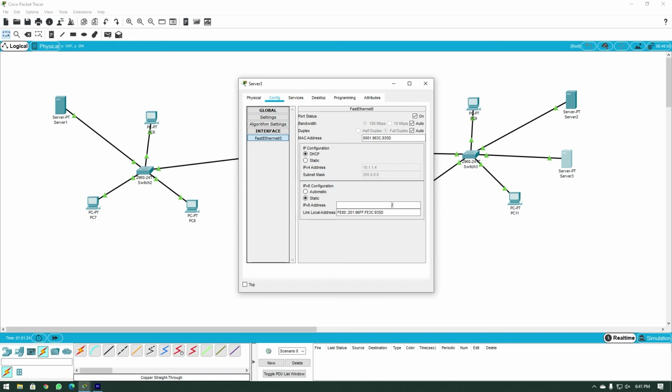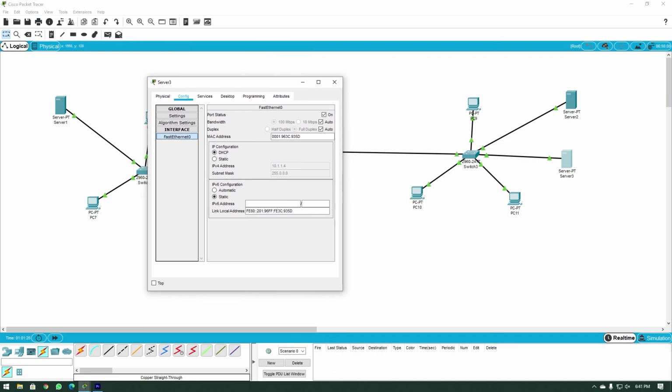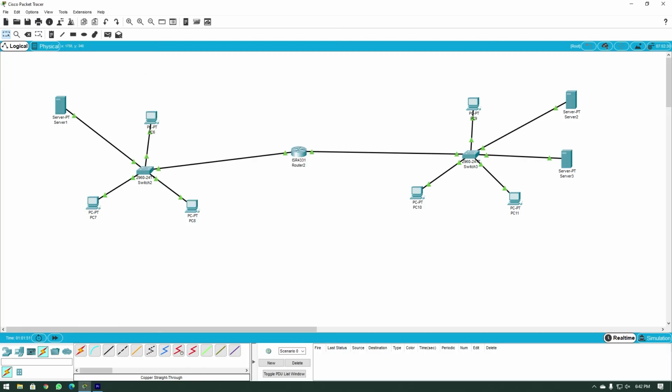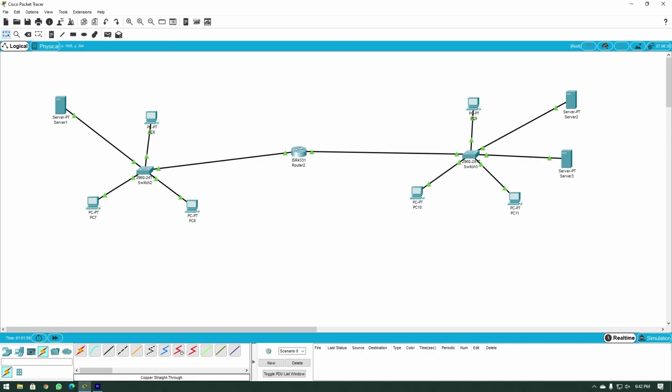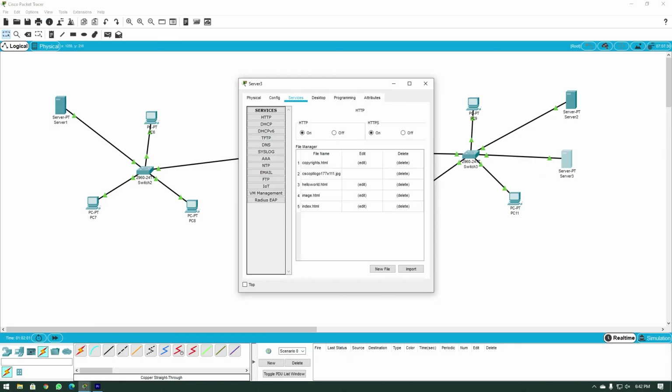This is 10.1.1.4 because 10.1.1.1, 2 and 3 have gone to the 3 computers over here, and 10.1.1.4 is now going to the would-be web server over here. And if you hover over this, you can also see that it has received an IP address of 10.1.1.4/8. If we click on this server and go to services, you will see HTTP over here.